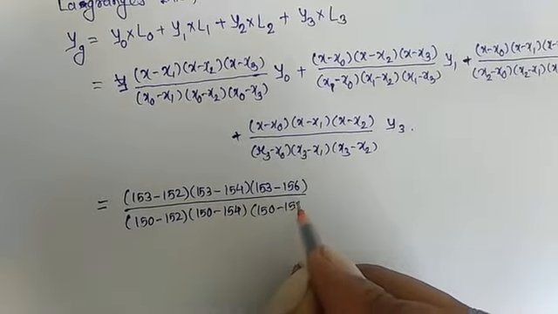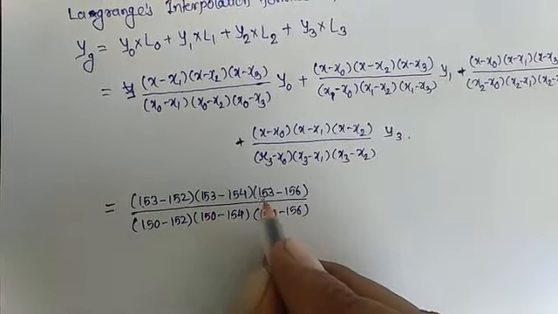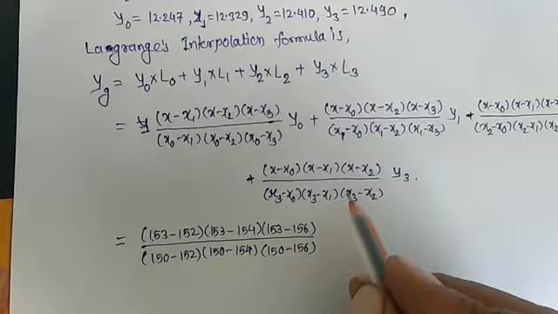The second value will be same here, only the first value will change in numerator and denominator of all. Here y0 is